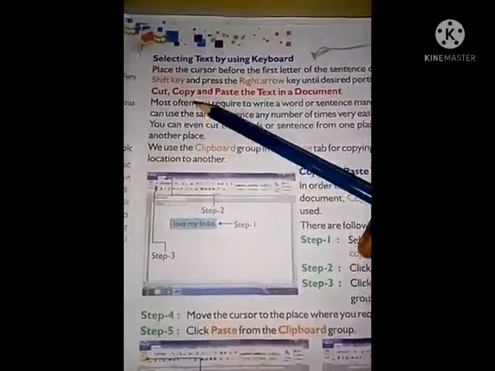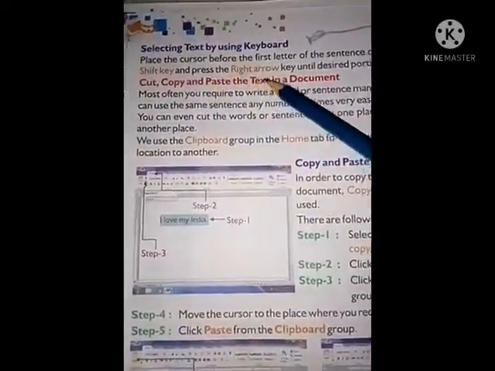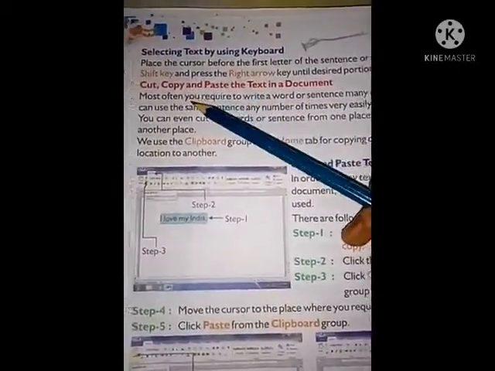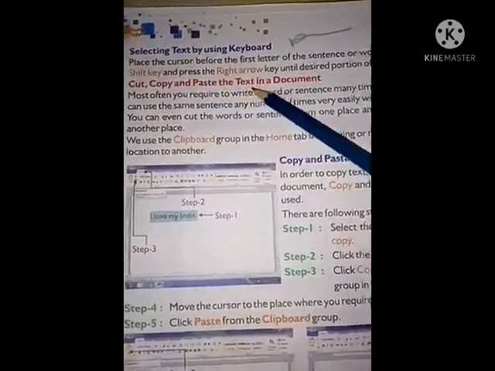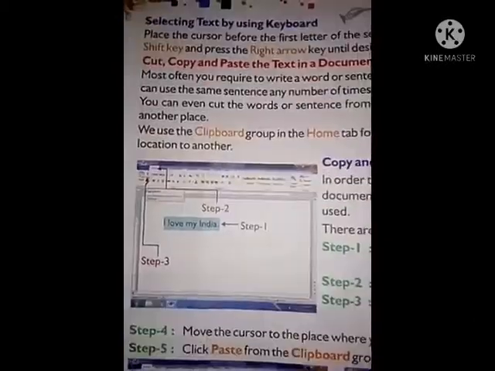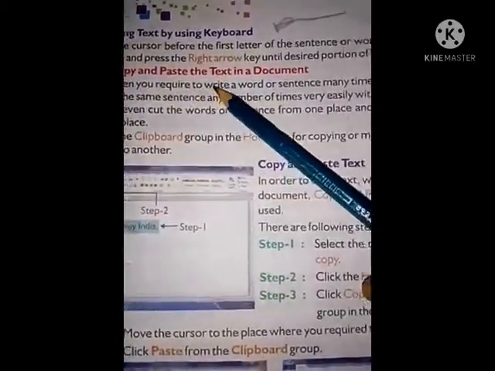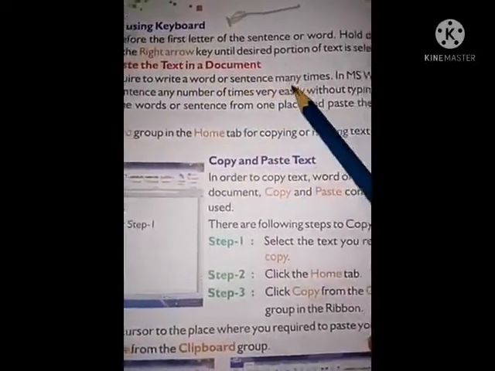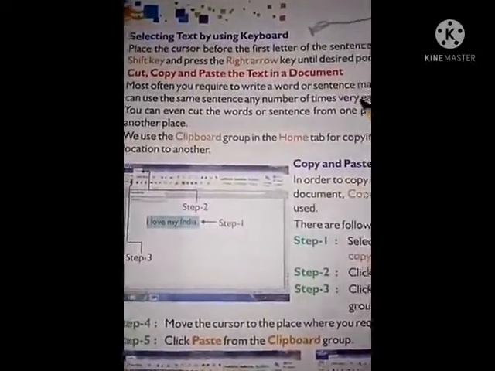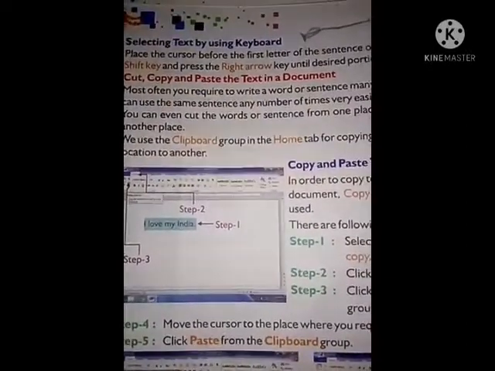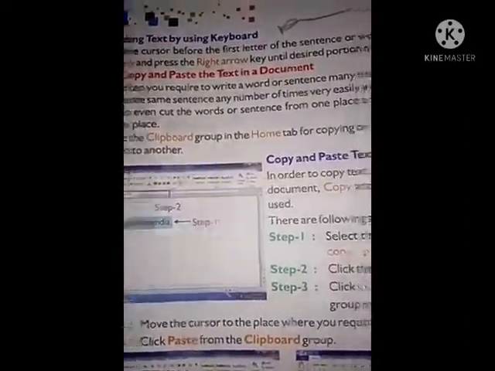Cut, copy and paste the text in a document. How can we copy and paste the text in a document? See, most often you require to write a word or sentence many times. If we have to write a sentence or a word repeatedly, then what should we do?